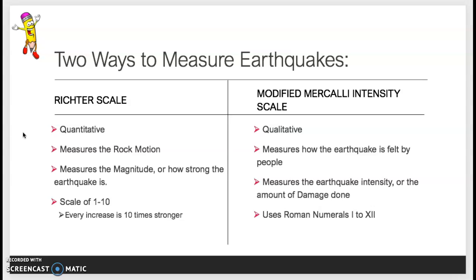We say the Richter scale measures the magnitude or how strong the earthquake is. Modified Mercalli measures intensity or the amount of damage done. And then the Richter scale uses numerals, so on a scale of 1 to 10, whereas the modified Mercalli uses Roman numerals. Okay, so make sure you get some information in your notes, and then we will finish up earthquakes